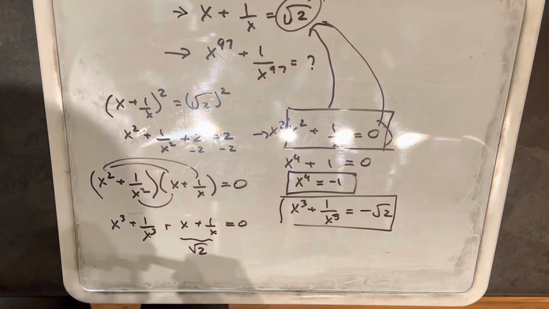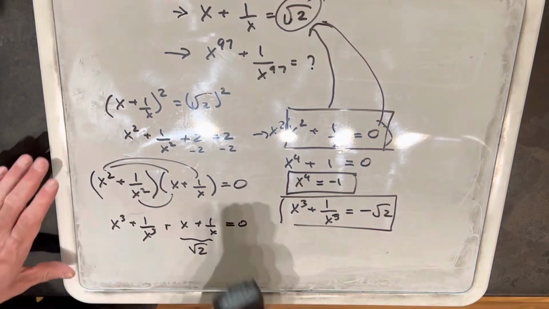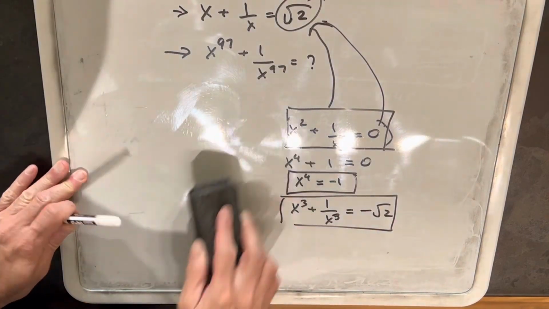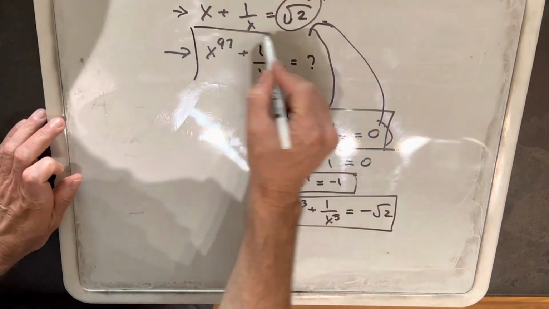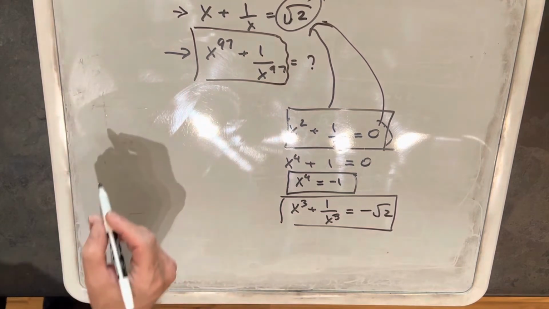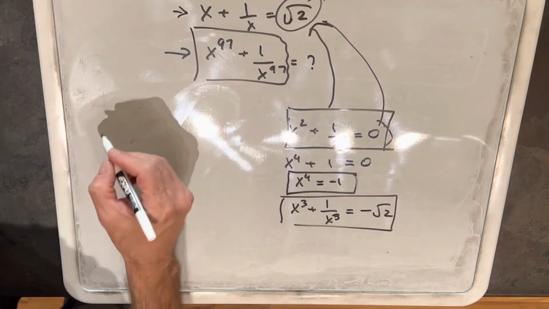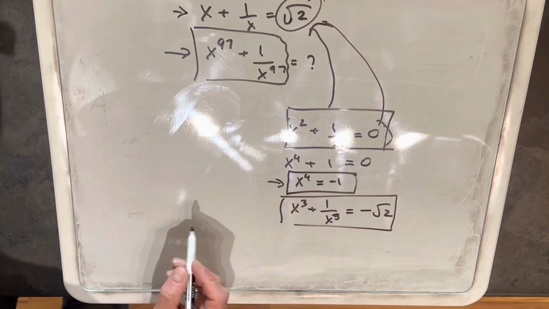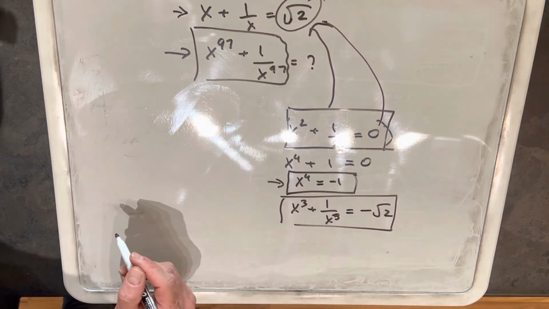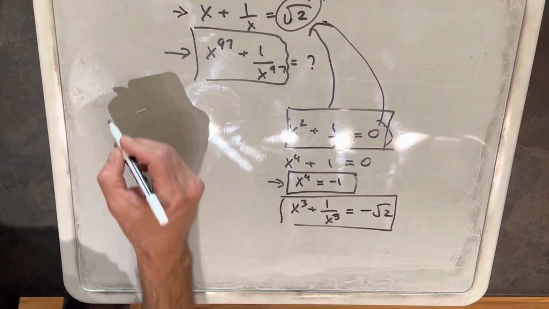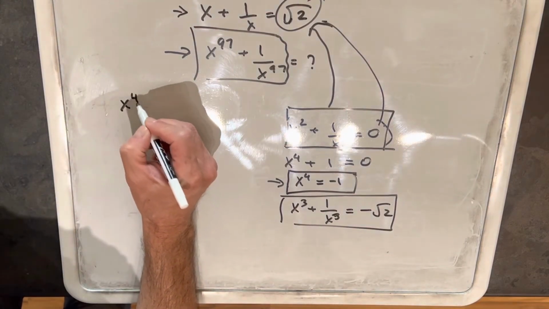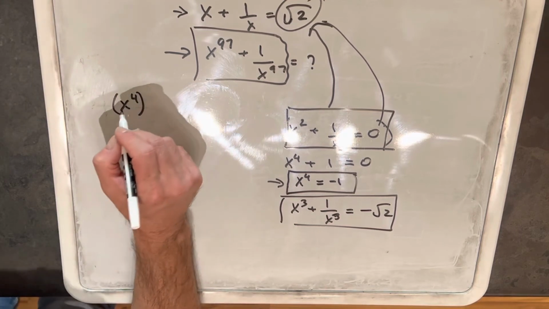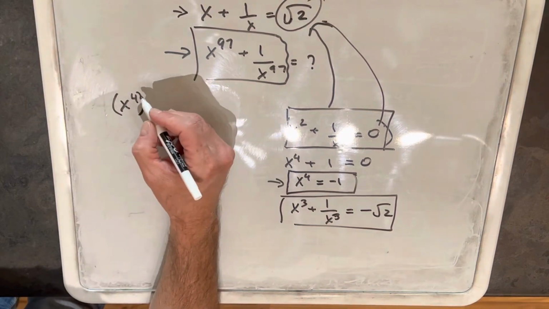Okay, so now I need more space, so I'm just going to clean up a little bit. Next I want to take my results from the right and plug it into this equation. So I'm going to rewrite our x to the 97. I want to use primarily the fourth exponent. So we're going to rewrite x to the 97 as x to the 4th times